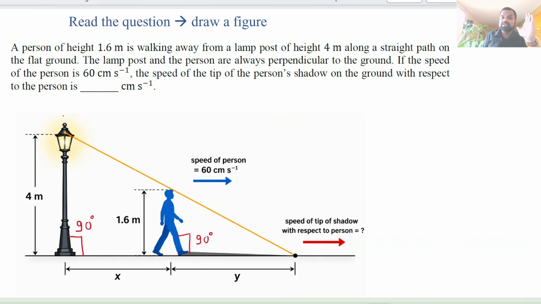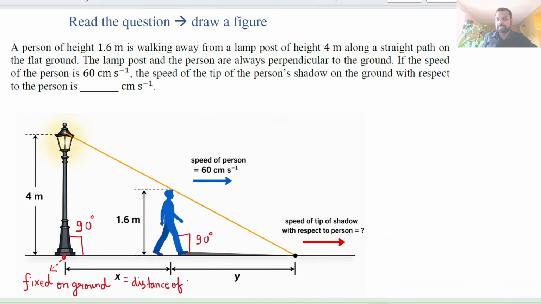The lamp post is fixed on ground. Like this point, you can say it is fixed on ground, right? The person is walking away from the lamp post. If we represent the distance between the lamp post, the fixed point on the ground, and the person by x, right? X is the distance